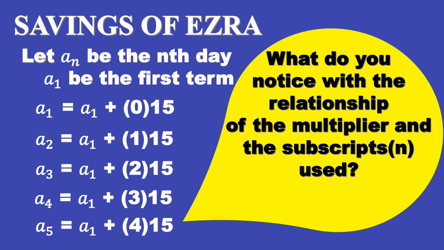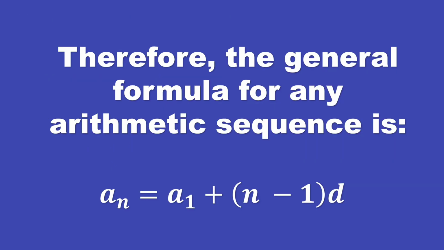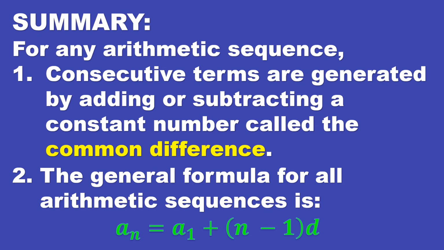What do you notice with the relationship of the multiplier and the subscript n used? Yes, the multiplier is equal to n minus 1. Therefore, the general formula for any arithmetic sequence is a sub n equals a sub 1 plus n minus 1 times d. To summarize, for any arithmetic sequence, number 1, consecutive terms are generated by adding or subtracting a constant